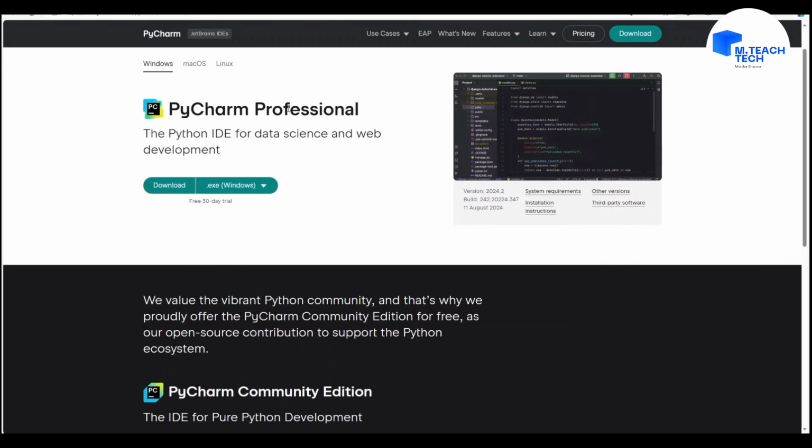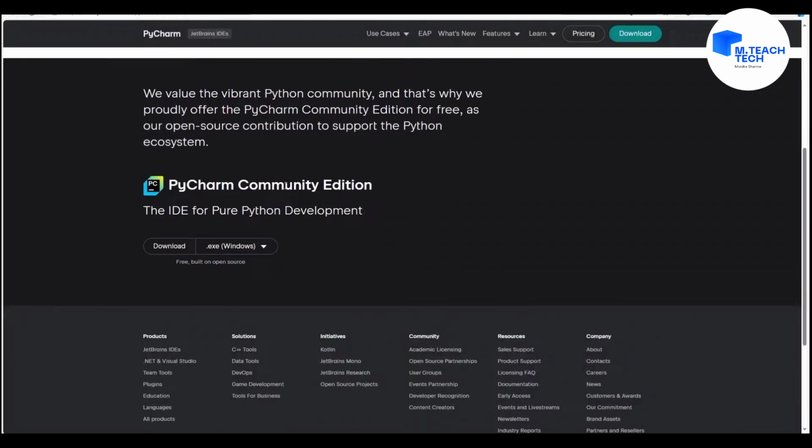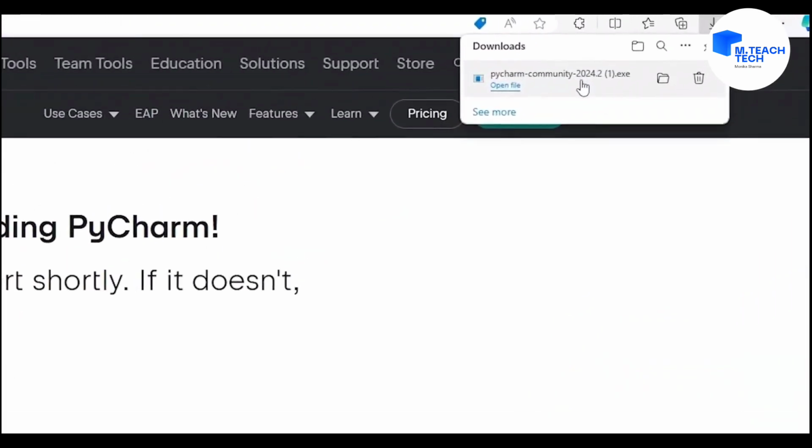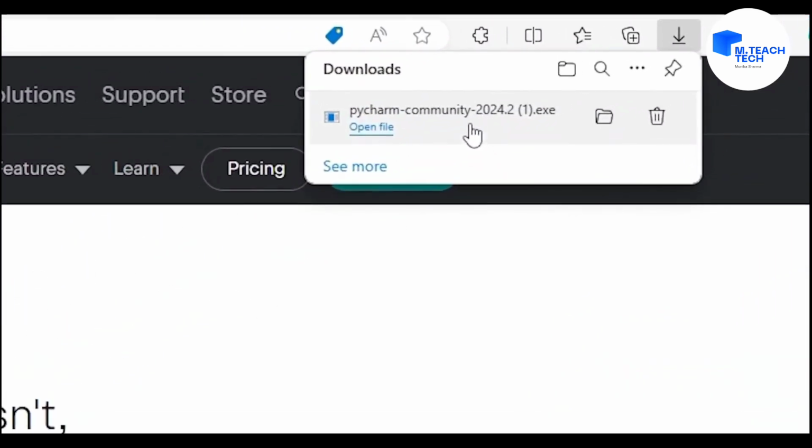So if you want a paid version, PyCharm Professional is okay for that. But if you want a free version, PyCharm Community Edition is good, because PyCharm Community Edition is totally free and for Professional you have to pay. So you have to click on download now to install PyCharm, and after that in your history you can see